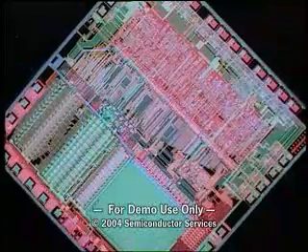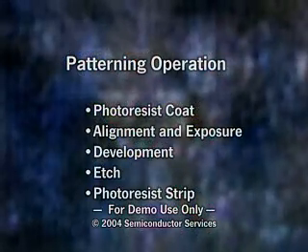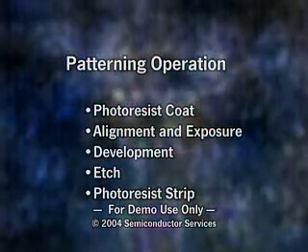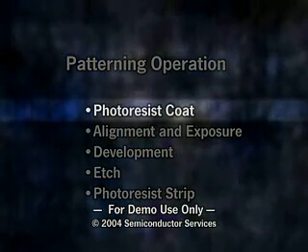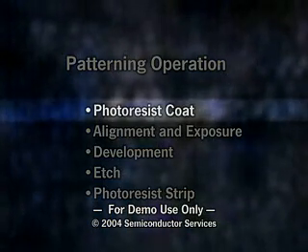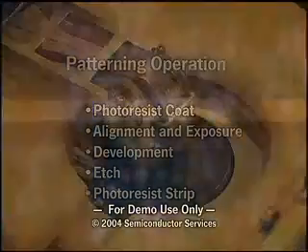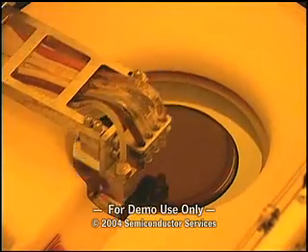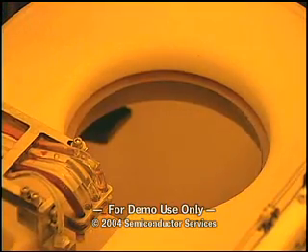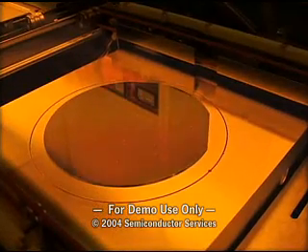Patterning is the most demanding and costly semiconductor manufacturing operation. There are 5 basic steps to the patterning operation. The first, photoresist coat, begins with sequential dehydration, priming, and baking steps. These are followed by the application of photoresist in a spin process and another baking step to drive off the